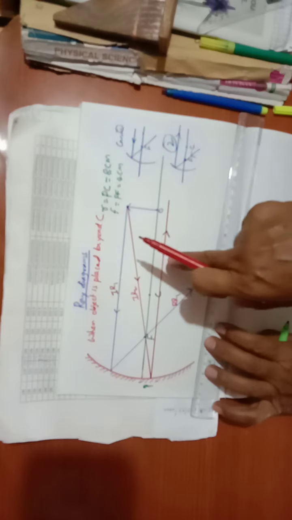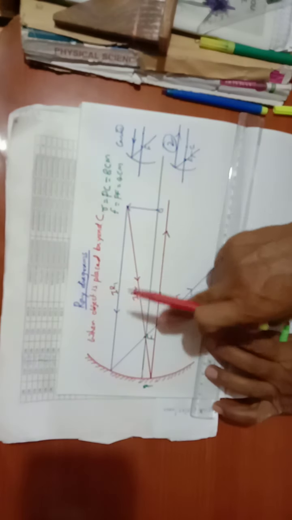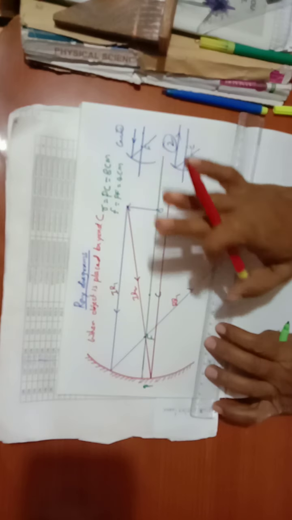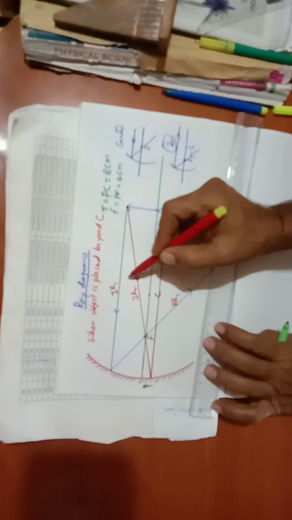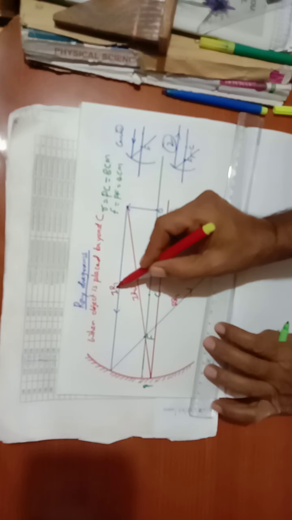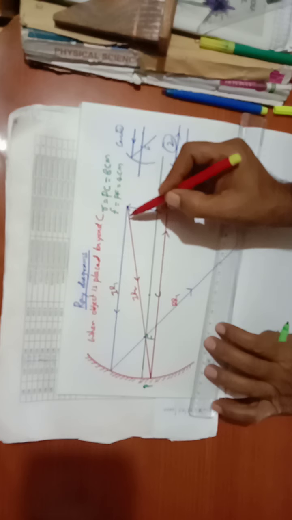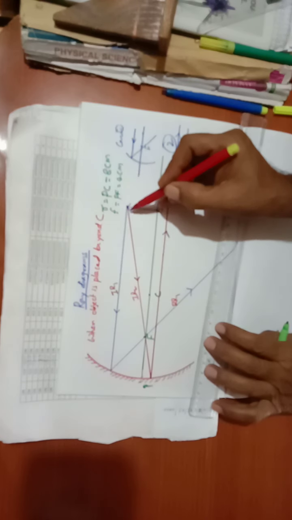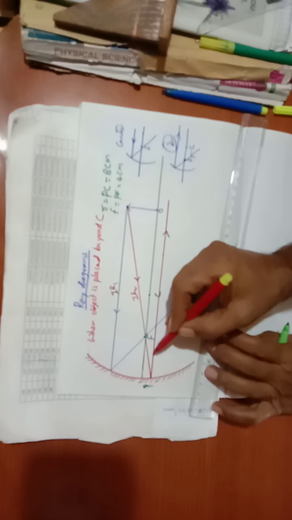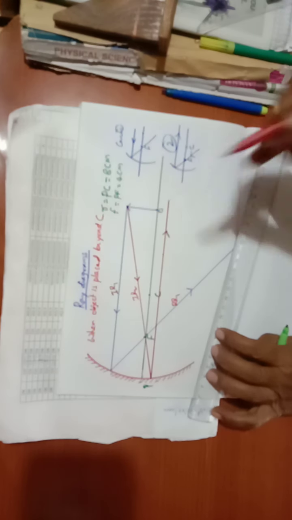So when you put an arrow mark, this is called a ray diagram. When you put only lines, this is not a ray diagram. Okay. So here incident ray number 1, incident ray number 2. Incident ray number 1 is incident here and gets reflected through the focal point. The parallel line to the principal axis passes through the focal point. The incident ray which is passing through the focal point is reflected as a parallel ray to the principal axis.